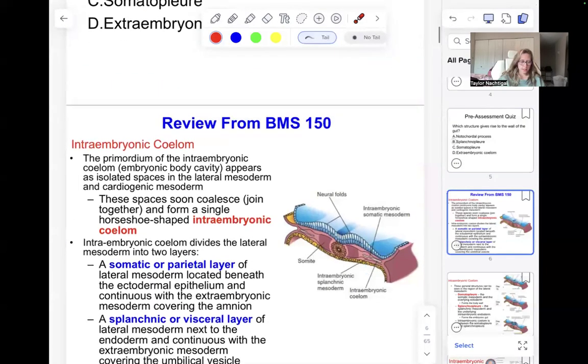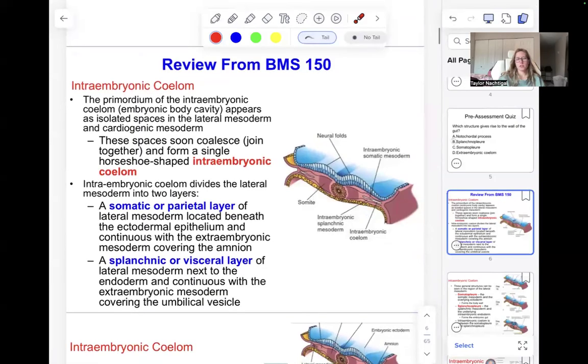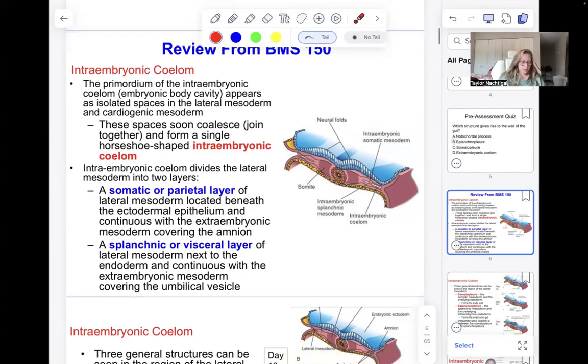But we're looking at the development here of the mesoderm and the structures that arise within it, because we went from our bilaminar disc to our trilaminar disc. So now we have ectoderm, mesoderm, and endoderm. Endoderm being on the inside, ectoderm being to the back or dorsal side, and then the mesoderm being in the middle. So the intraembryonic coelom is going to appear as an isolated space in the lateral mesoderm and the cardiogenic